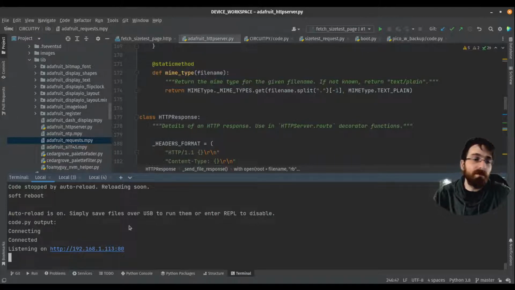It's not scrolled down all the way. This is screwed on all the way.